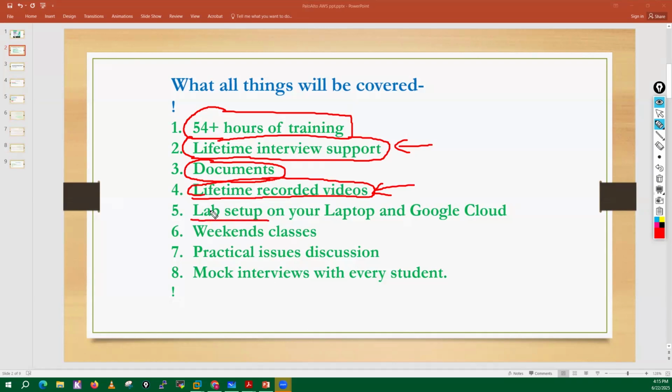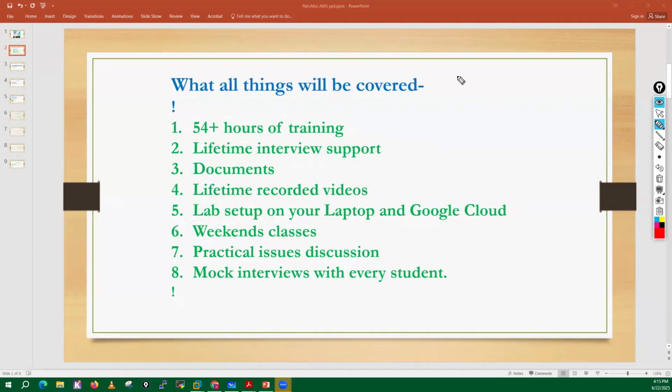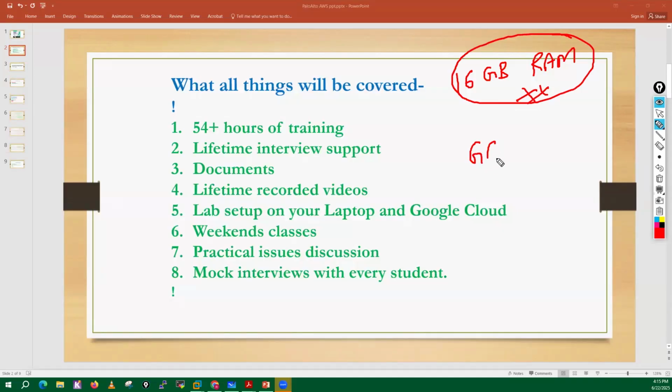Lab setup. Regarding the lab, we will help you build the lab on your laptop and also in the Google Cloud. To build a lab on your laptop, you need a laptop with a minimum of 16 GB RAM for Palo Alto. If you don't have a laptop with 16 GB RAM, we will help you build the same lab on the Google Cloud Platform, GCP.